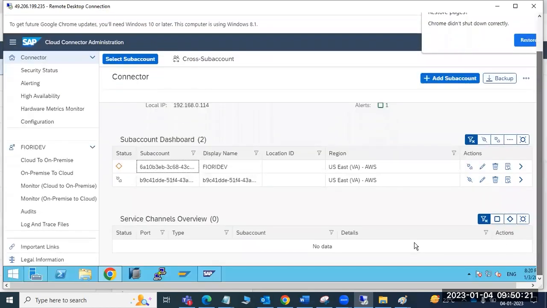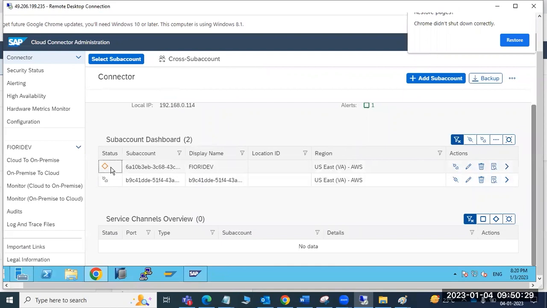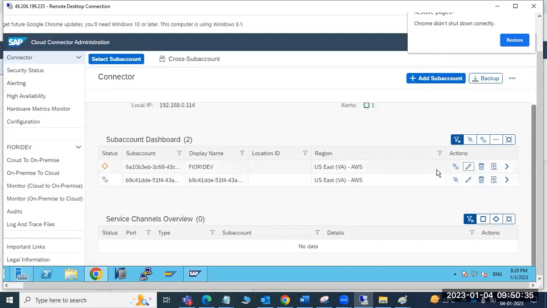Then, what is the status? The status will show. Here we need to do some configuration, right? Go to edit, not edit here. Activate, right?